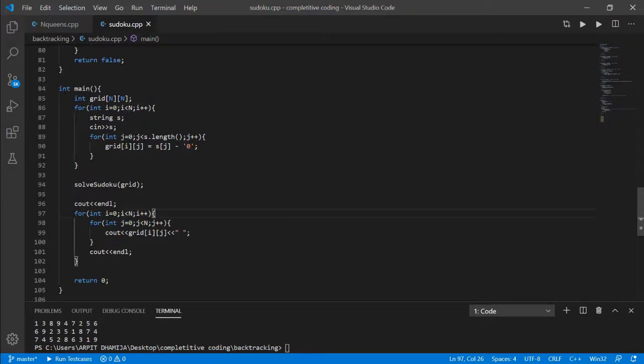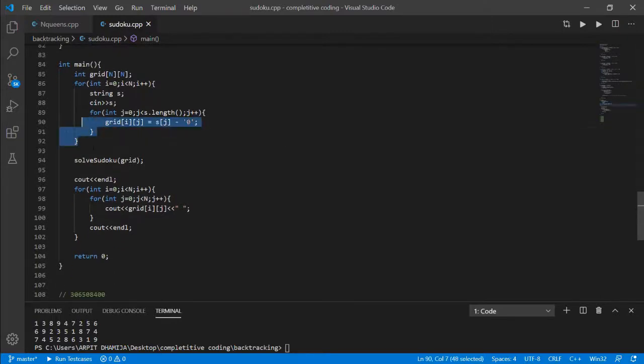We will first make a grid, an n cross n matrix, and we'll make a for loop from 0 to n, and we will enter the strings. And we will convert the string character to an integer by subtracting the character '0'. This is a kind of type casting. We are converting the character into an integer, so that it becomes an integer, right. So up to here we have entered our Sudoku.